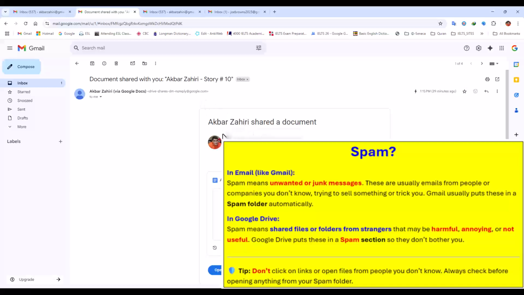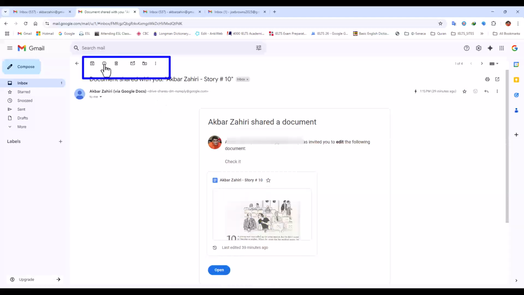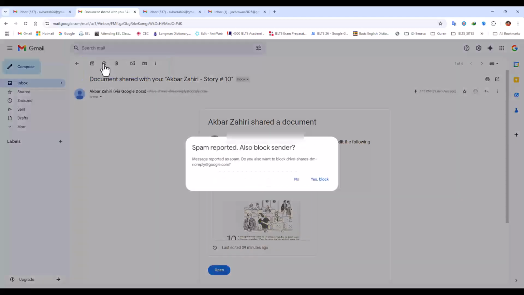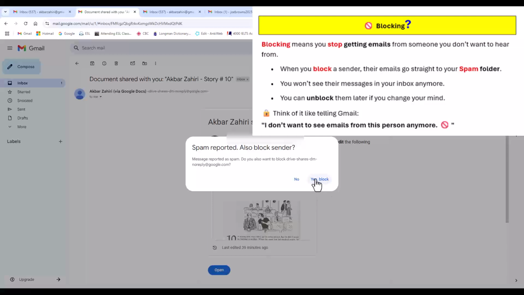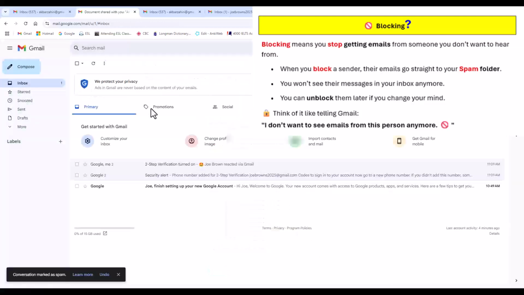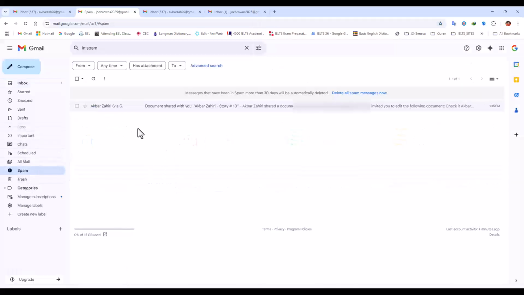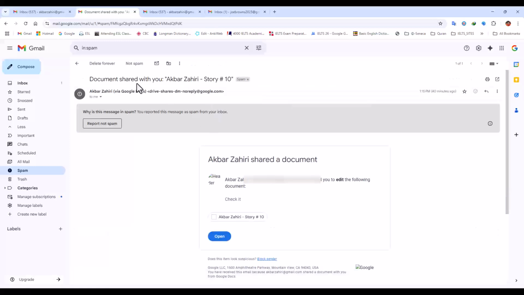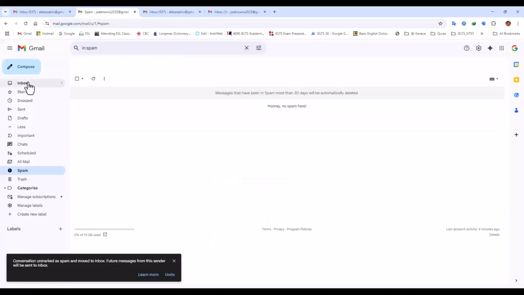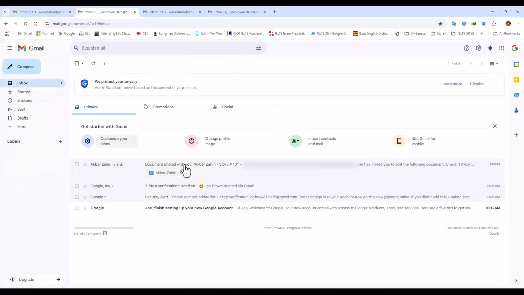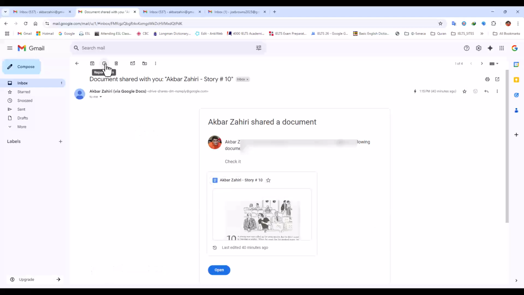When you want to mark it as spam, so you don't receive emails in your primary folder, after opening it you can come here and click on report spam. It asks, are you sure? You can say yes, block it, and it will block it. But I don't want that, it is my own main account. I check no, but I see that it has gone, so I go to spam, and here it is. I click on it, and now I click not spam. It is not spam, and it returns to my account. So this is the way that you can work with spam, as I learned.